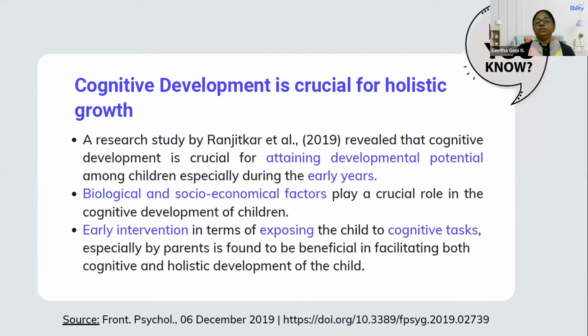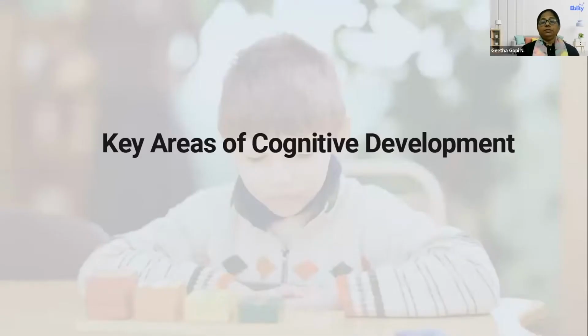And early intervention. When we talk about children who have disorders or special needs issues, definitely early intervention is the key to helping them achieve their fullest potential. And when it comes to early intervention, a considerable amount of stress and thought should be given to including cognitive level tasks in addition to all the other skill domain areas that you're targeting for intervention. So the key areas where cognitive development takes place are: